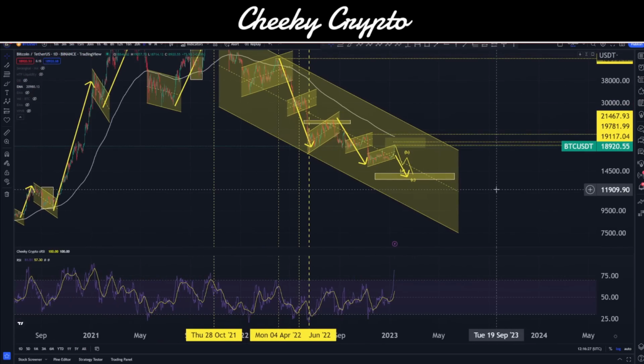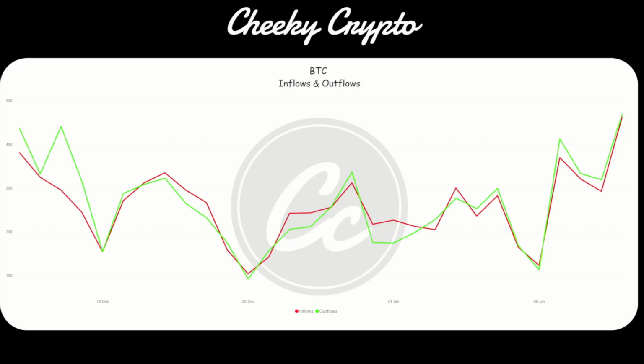Now, for me, I see this as an incredibly bearish situation to be in when it comes to Bitcoin. We've gone up only because the DXY has gone down and not because there's an increase in demand. Now, we can talk about that, and I can share my thoughts on all of that by looking at the inflows and the outflows of Bitcoin.